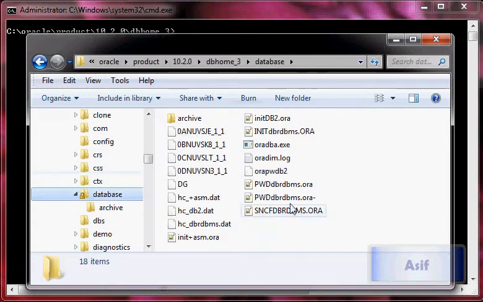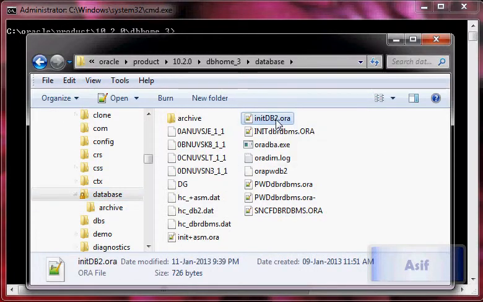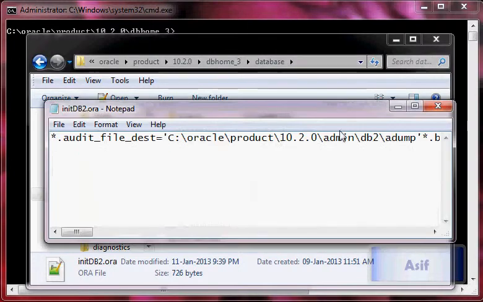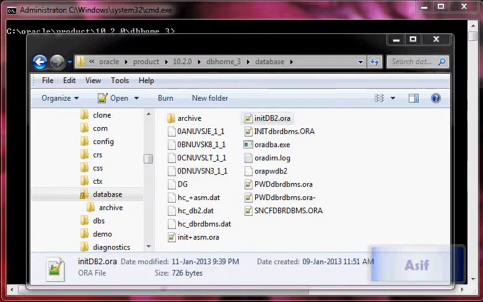Inside there we have got database folder, and here we have got init db2, which is the parameter file of db2 database. I will just open it with Notepad, or maybe WordPad would be better.